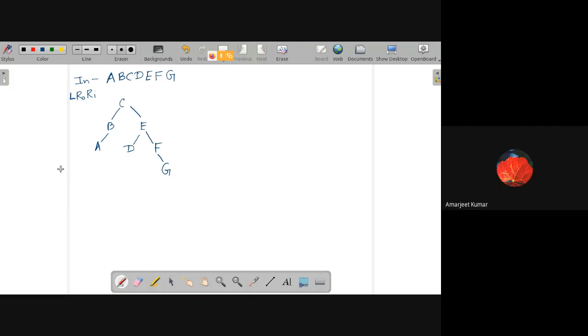A, B, C, D, E, F, G. Let me draw another tree, say one very conventional one. What will be the in-order traversal of this?